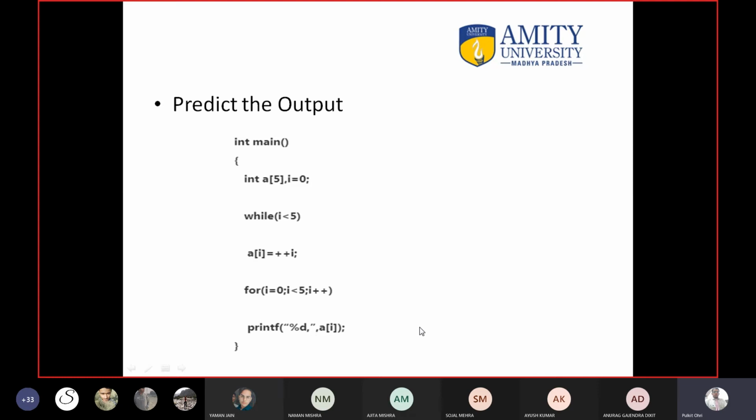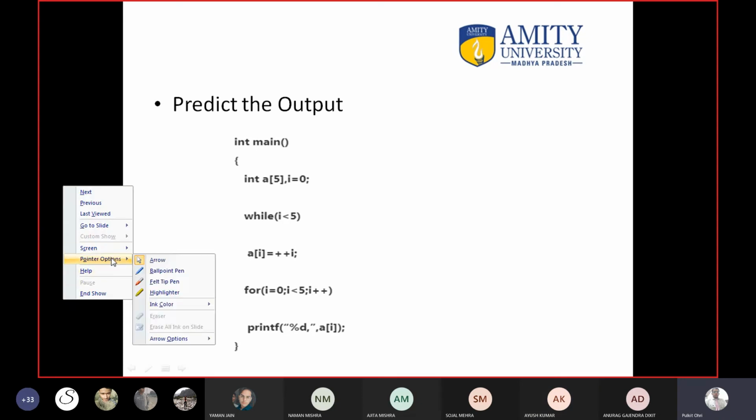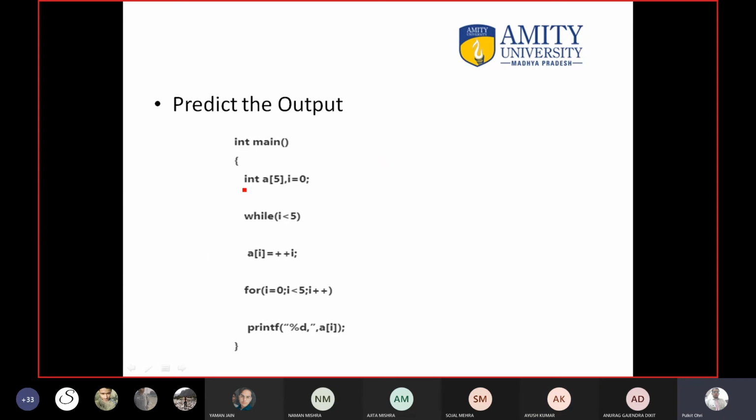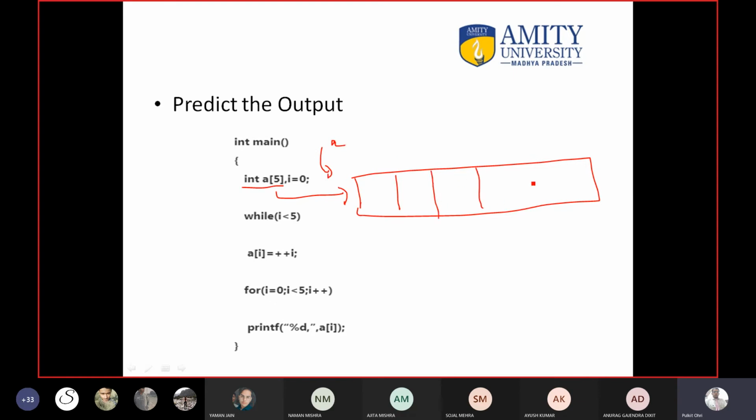Now you have to tell me why at the first location a garbage value is there. Why is 0 not there? 0 should be there, na? Yes or no? Because I told you the concept, that if you are not filling the array, it means the garbage value is there. So let us check out this question. First, here you are creating an array. Here you have not filled the values. So what will the computer do? It will create an array A having 5 elements, 1, 2, 3, 4, 5, and this is the location. And here it will fill the garbage value. I will not write it, okay?